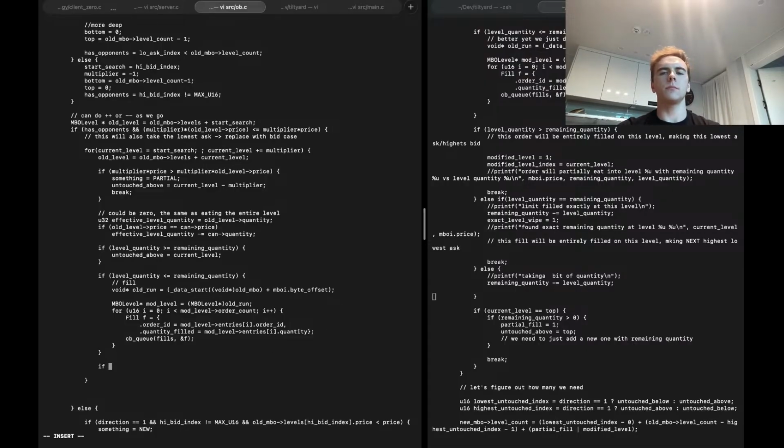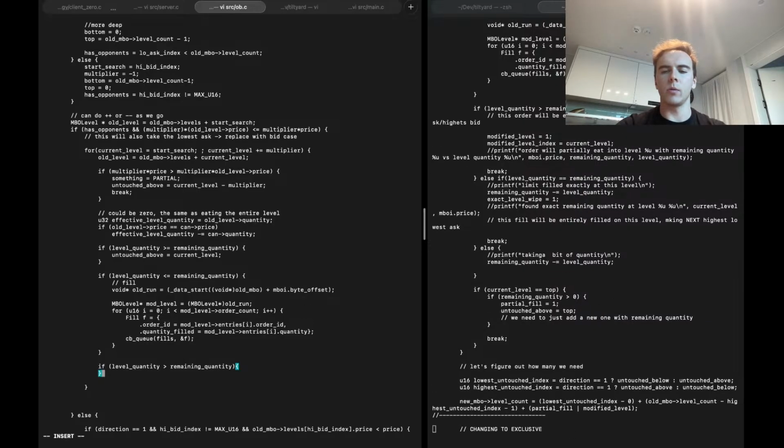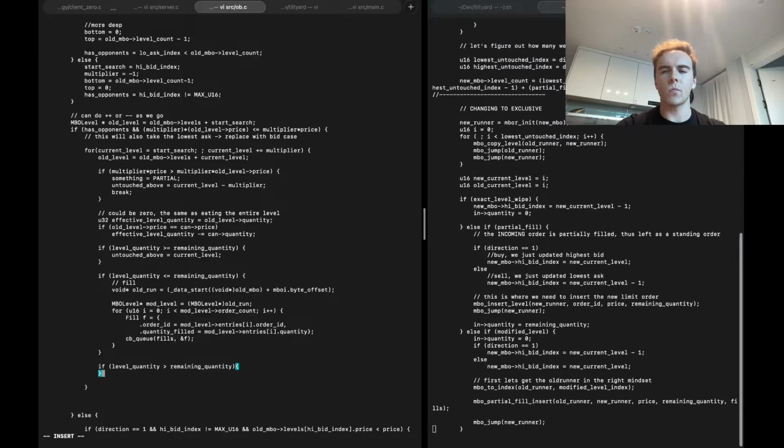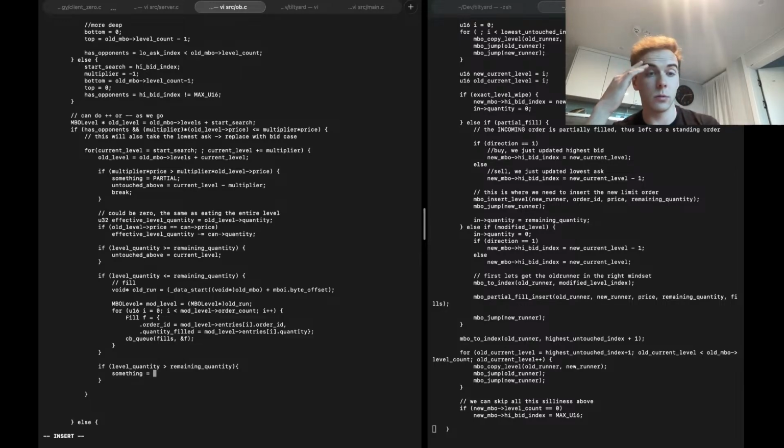If level quantity is greater than remaining quantity, then we do modified level. What is modified level? Do we use this thing? Oh, okay, got it. This is going to be something is equal to